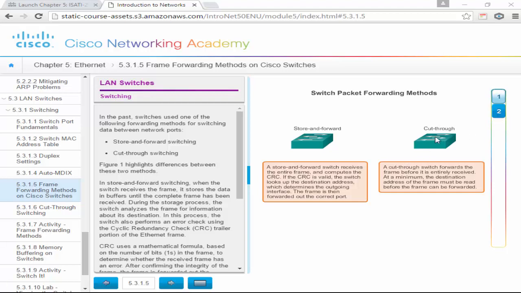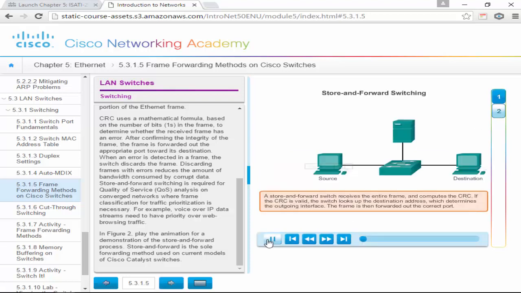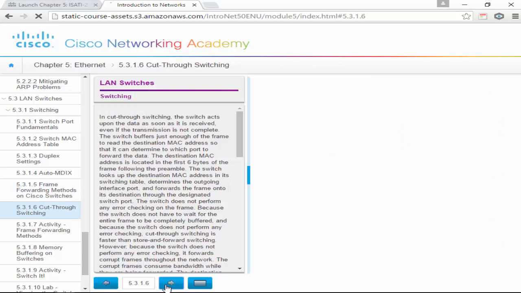And what it does is, this one starts forwarding extremely fast. Store and forward receives the entire frame before it forwards it. There are two types of cut through switching. In cut through, it's actually going to start sending before it's received the entire frame, and it's used where we need extremely fast networking. As this is saying, with store and forward you receive the frame, check the CRC, make sure it's good, and then forward it on. Whereas cut through,